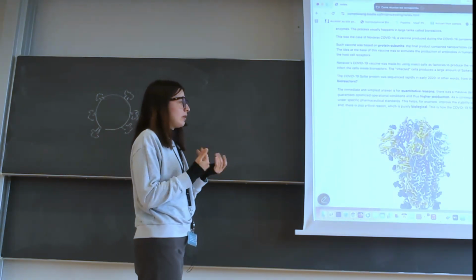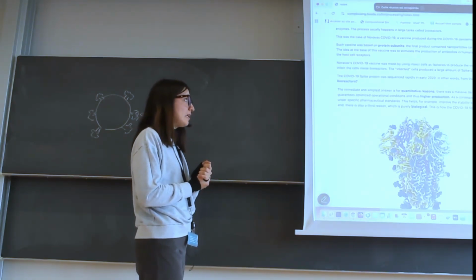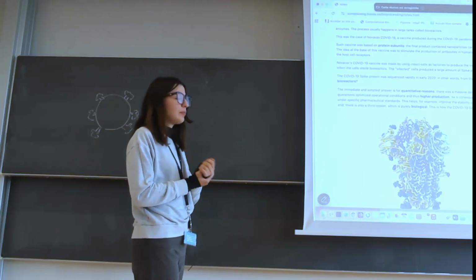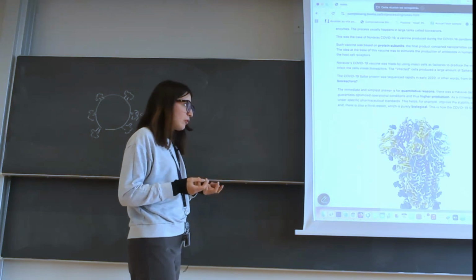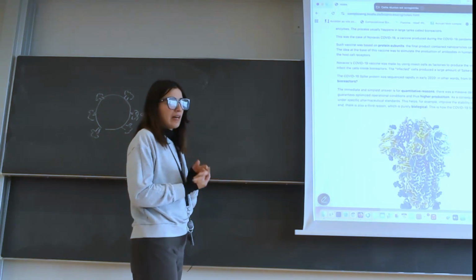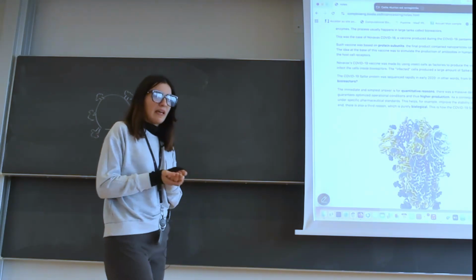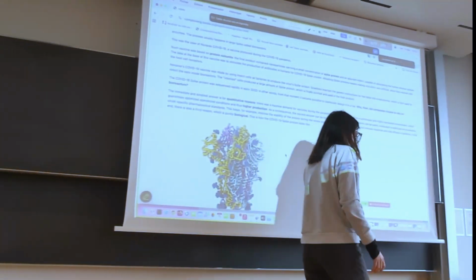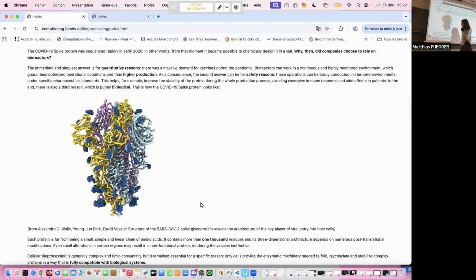But we saw that the spike protein was sequenced in 2020. It means that from that point we were able to build it in a vial. But why did companies choose to use the bioreactor in this case? The answers to this question are three. The first one is that at the time we needed to produce a lot of this spike